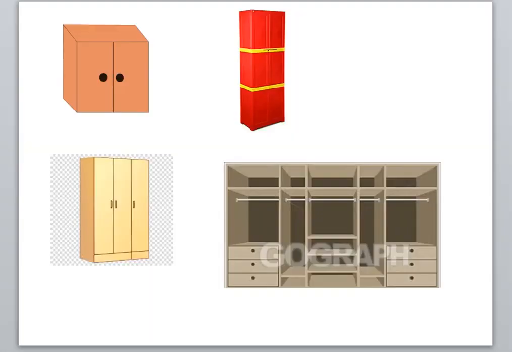Different storage devices have different capacities. Now let us see one example. See, these are cupboards. This is a small cupboard. This is a little bit large. This is a large cupboard and this is a very large cupboard. These cupboards all have different capacities. Correct? In the small cupboard you can store fewer clothes.